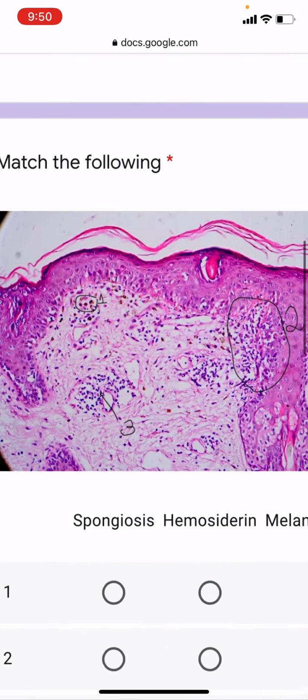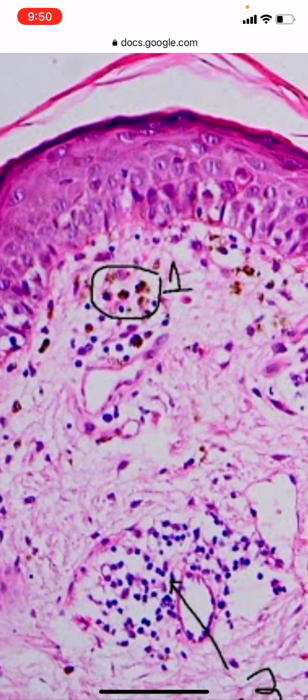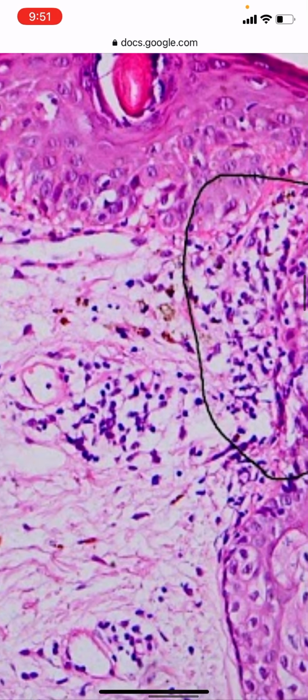Now match the following. Number one, what you're seeing are essentially melanophages here. Now, how do you differentiate melanophages from hemosiderin? In my experience, these are extremely difficult to differentiate on H&E alone. Often, we make the distinction between hemosiderin and melanin incontinence based on the pathology. If you're seeing a vasculitis, and in the context of a vasculitis you're seeing pigment, we often presume that that is hemosiderin. In the context of a vacuolar interface dermatitis, which is what this is,